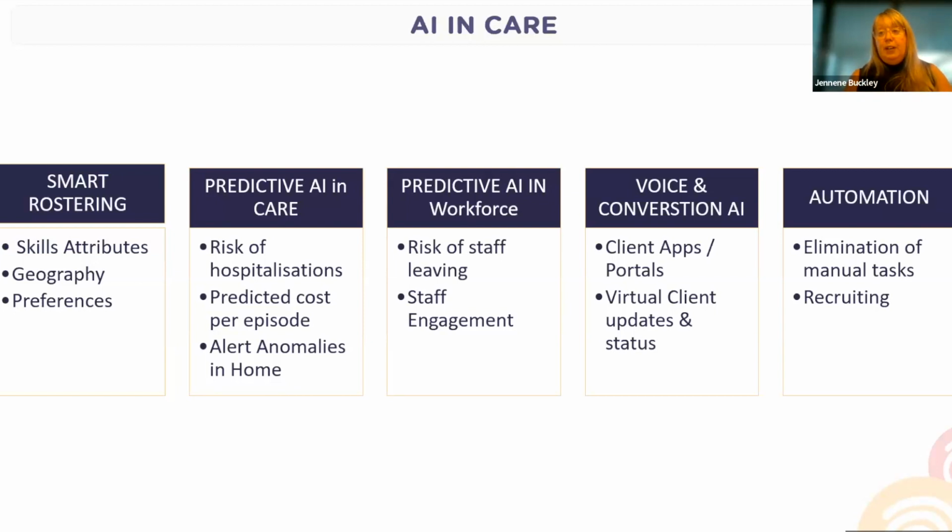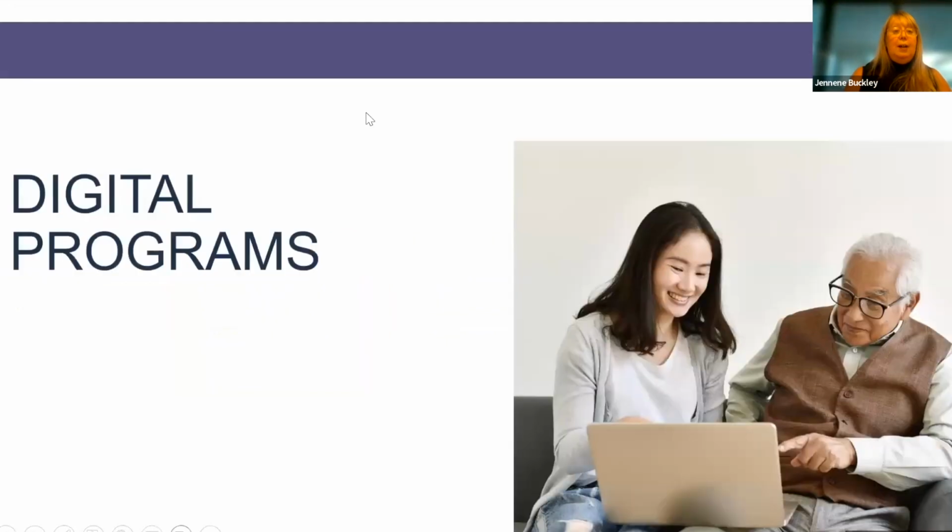I've already mentioned AI used with conversational AI with portals and apps, also using conversational AI in providing clinicians briefing summaries on what's happened with a client since the last time they visited. And then, of course, AI used in automation of systems and processes, administration processes, that's going to reduce the amount of administrative costs, that's going to bring down the price, which will be very important in the introduction of activity-based funding in home care in Australia.